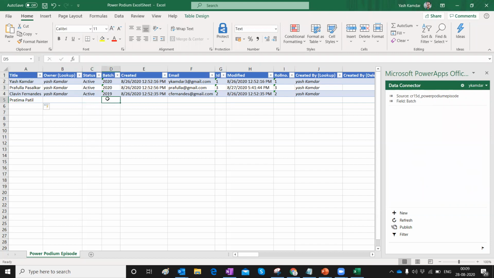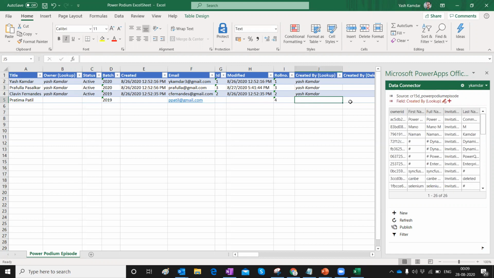And let's say she is from batch 2019. Okay, she's younger to me. And then let's say ppatil@gmail.com. And never mind, her name starts with P, so anyways her roll number was going to be 4. So now this is being done, right? And if I go ahead and publish this,